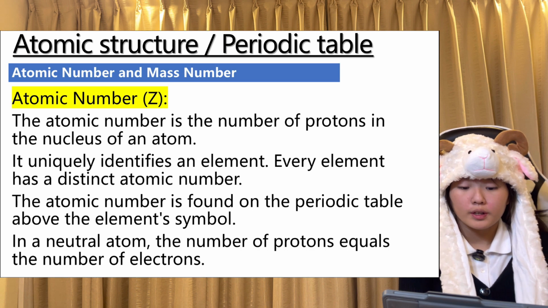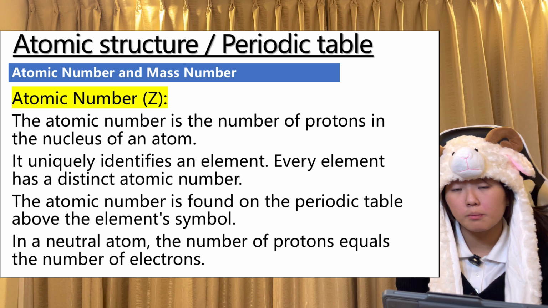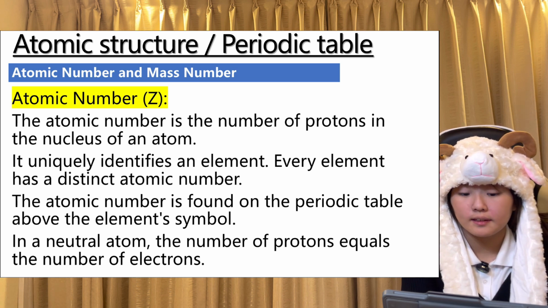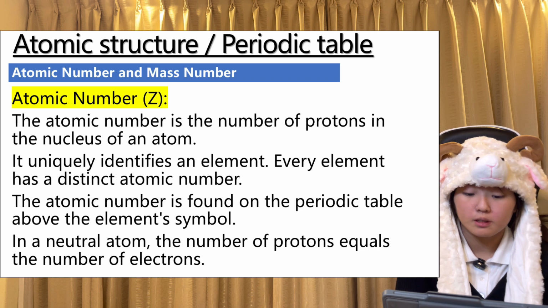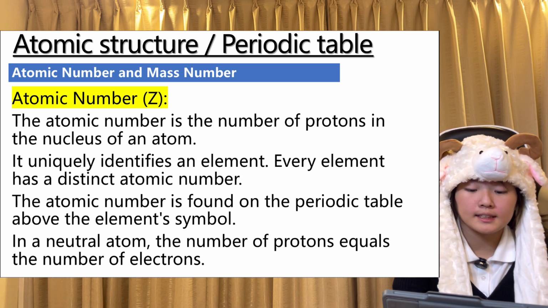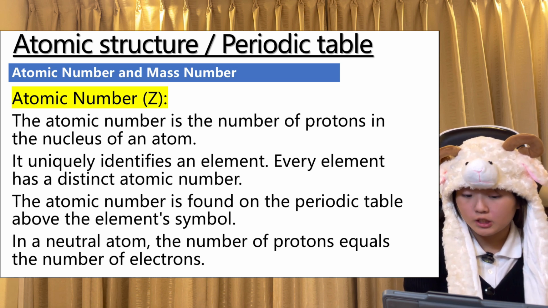An atomic number is the number of protons in the nucleus of an atom. An atomic number is shown as Z. So if you see Z in your test, then just remember that it means atomic number. It is a unique feature for every element. Every element has a distinct atomic number, and no two elements discovered so far have the same